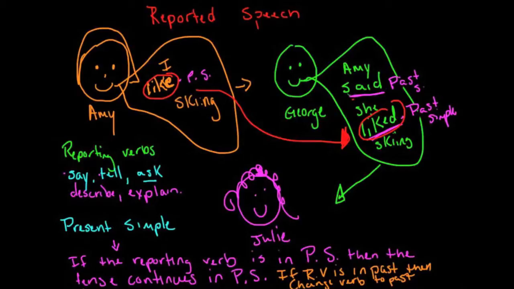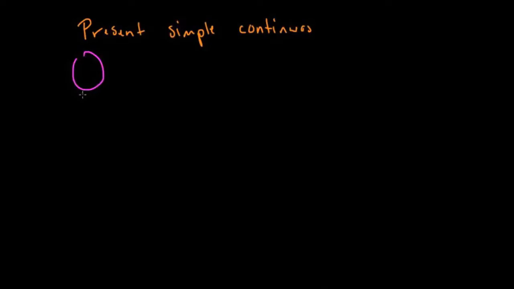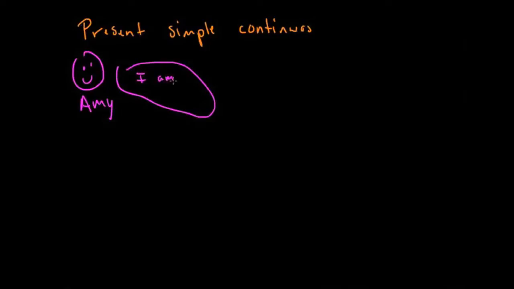Let's take a look at a couple other tenses here. We're going to take a look now at the present continuous. Of course, this goes again with the reporting verb. If I say, for example, here's Amy, and she says, I am running, and she tells that to George,